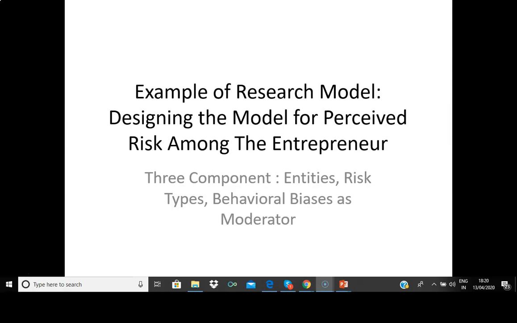So a research model is a schematic diagram. It's a diagram of the relationship among the different variables that are considered in your research paper or your research project. It consists of a group of independent variables and dependent variables. So it gives a diagram of how the relationship is between the